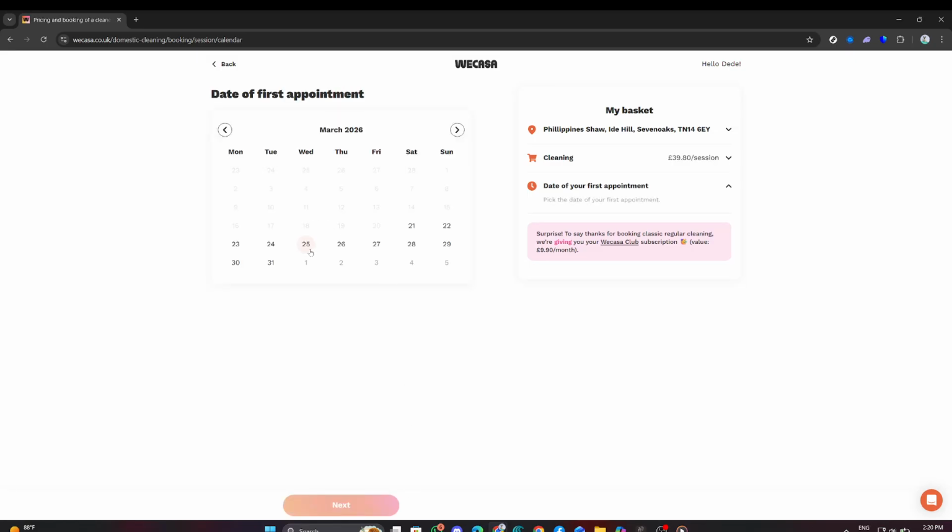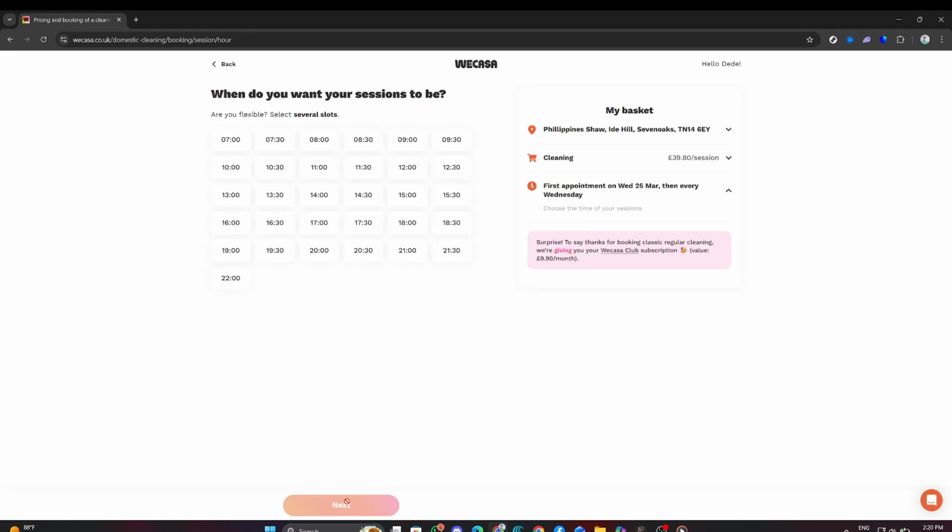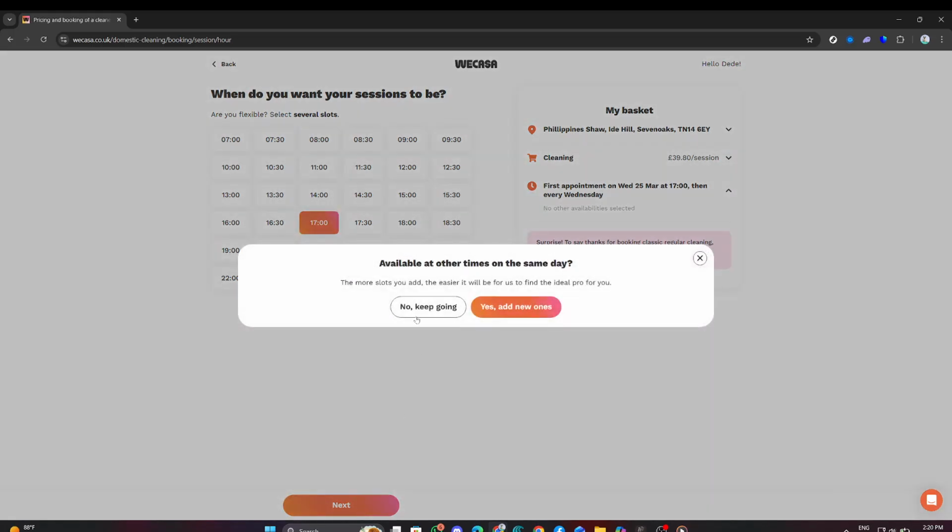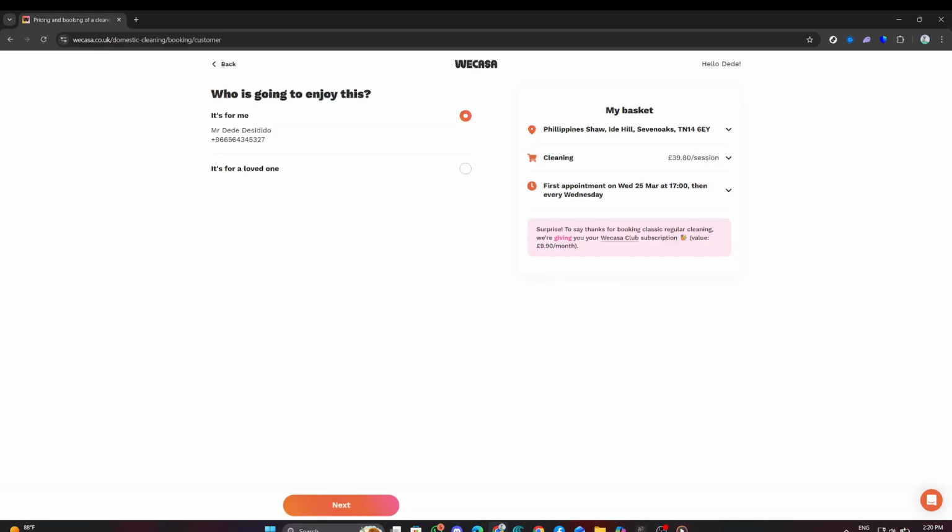Proceed by selecting your preferred payment method. Wecasa offers various options for your convenience. Finally, click on the button labeled "Book My Session" to complete the booking process. This action will confirm your appointment with the chosen